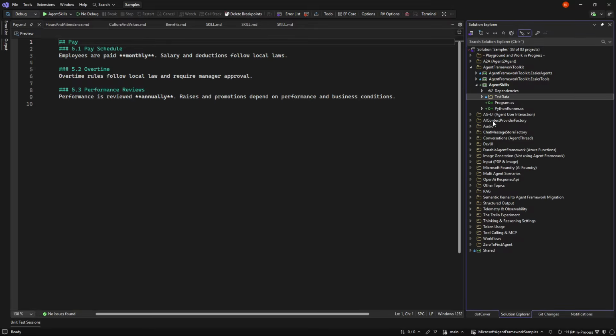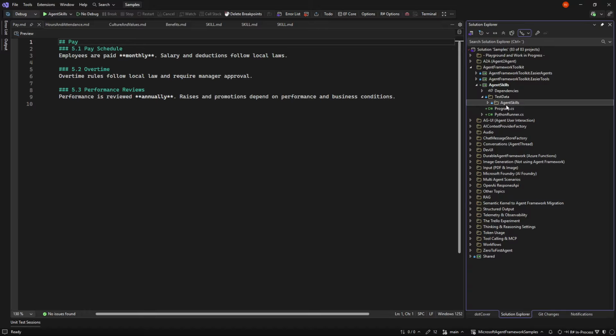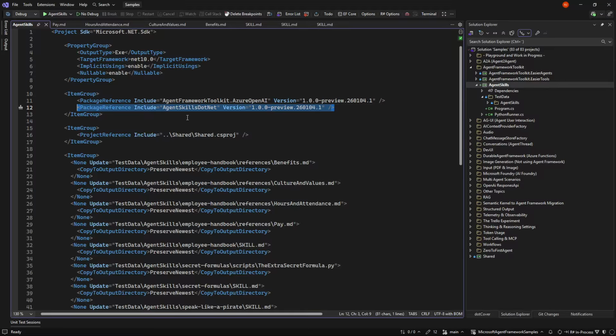But of course, we want to use them in AI. And these I could give to, for example, Codex that can do skills, Claude Code that can do skills, and so on. But if we want to run them ourselves, we need to parse these files and turn them into tools and instructions. And in order to do that, I have made a new NuGet package called agentskills.net. I have referenced it here, which is technically not needed because it's also part of my agent framework toolkit as a dependency on that.